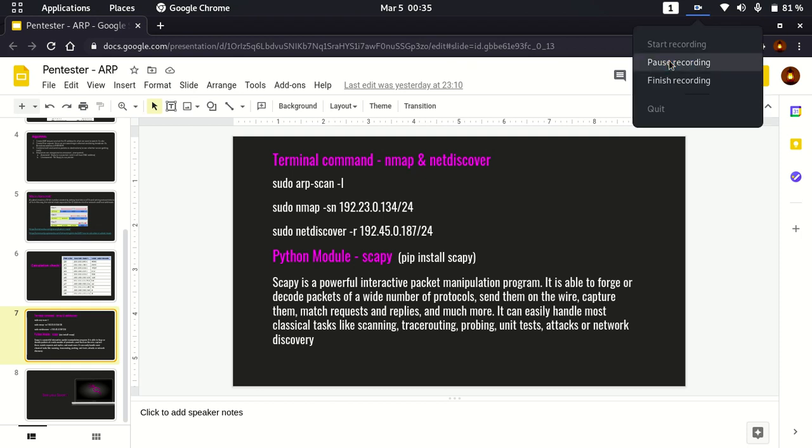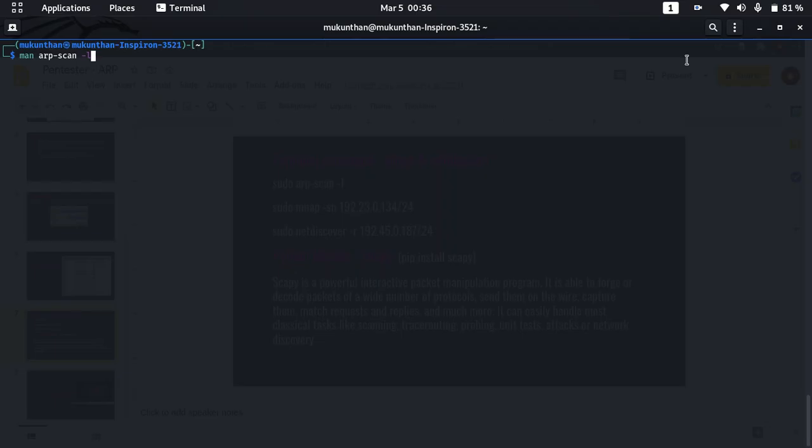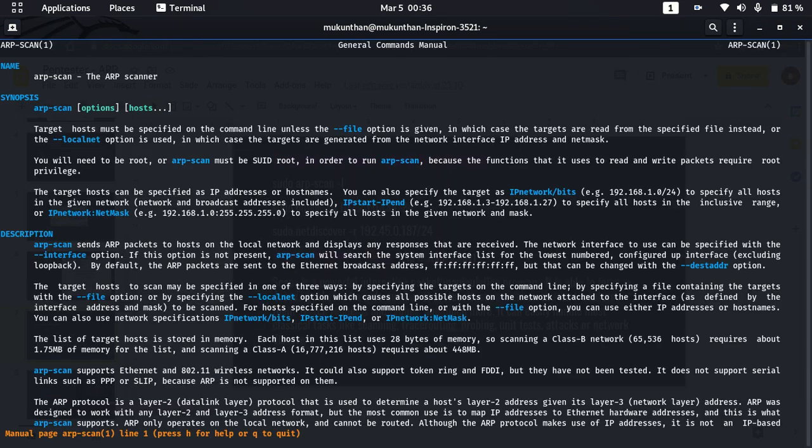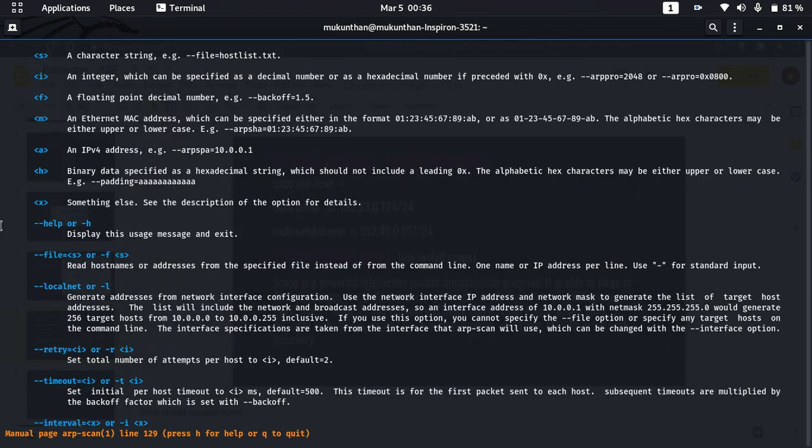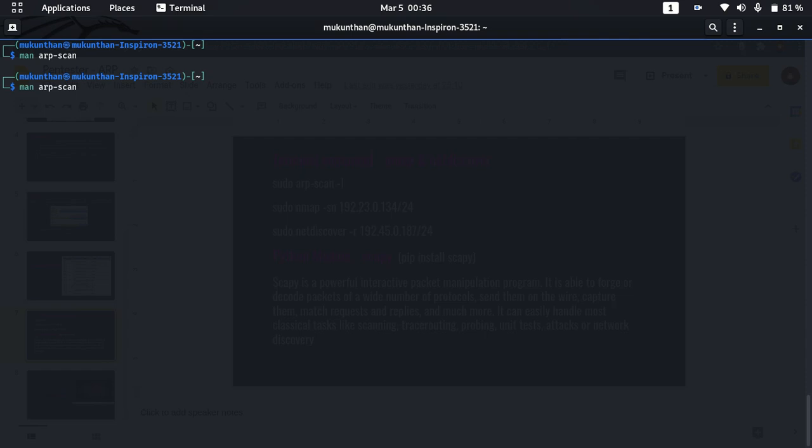Now we will run man arp-scan. So what is arp-scan? This shows the ARP scanner and its definition, and the different options we can see here. Since we are going to scan the local network, or let's say the Ethernet, we will be using -l. The main point to be noted is that these kinds of commands are ARP scanning or sniffing commands, and you need to use them with root access. Otherwise you will get an error saying you don't have the privileges.